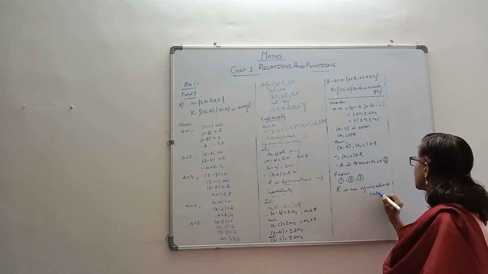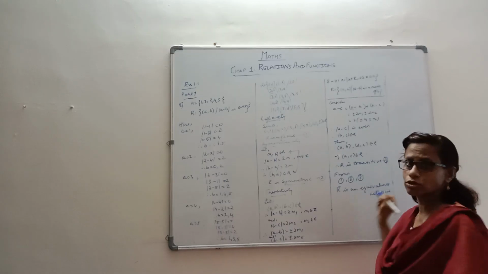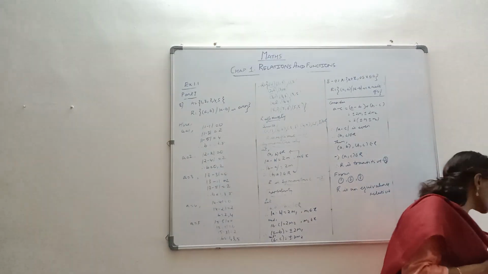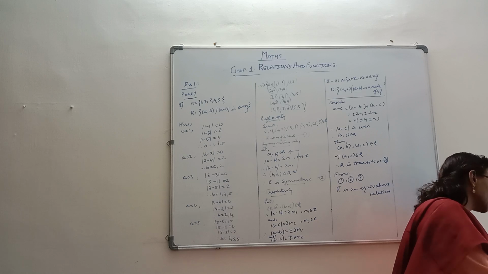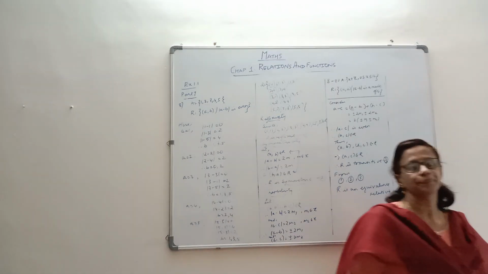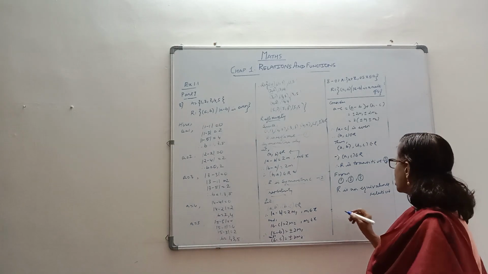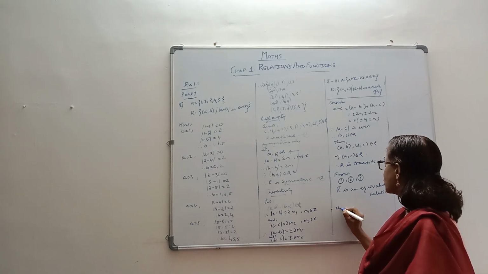Now that's not all. There are many things being asked in the question, so let's go through the question and see what extra things they have asked. They have told us to show that it's an equivalence relation. After that they say to show that all the elements of 1, 3 and 5 are related to each other, and all the elements of 2, 4 are related to each other. No element of 1, 3, 5 is related to 2, 4. Right, so we observe that